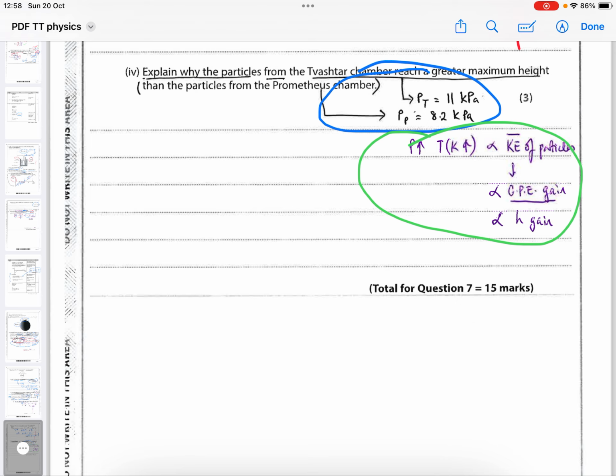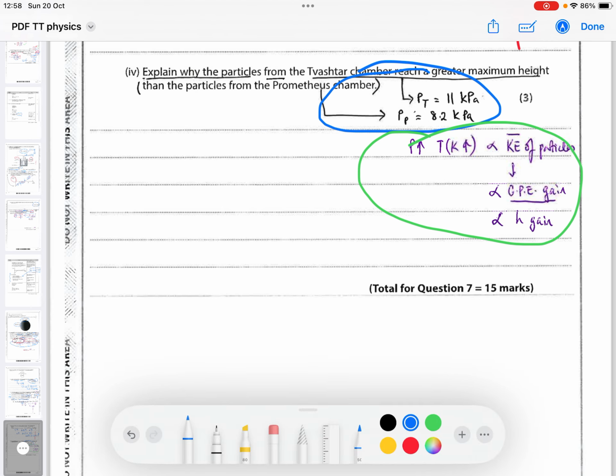Well, you'll remember that the pressure in Tvashtar was 11 kilopascals, whereas the other one was about 8. So if the pressure is higher, the temperature will be higher. If the temperature is higher, they got more kinetic energy. And if they got more kinetic energy, they got more velocity. Yes? So if they got more velocity, they can go higher because kinetic energy gets converted into the potential energy